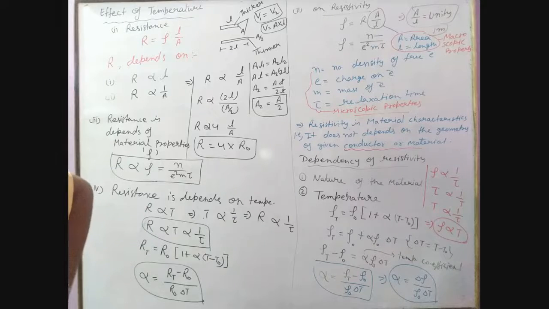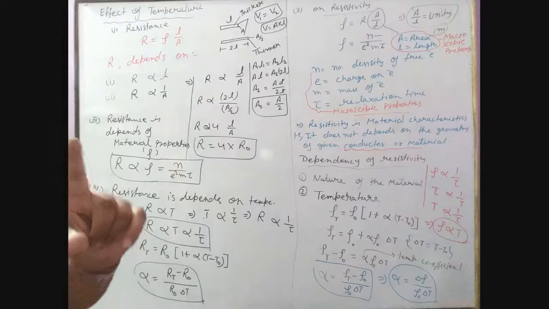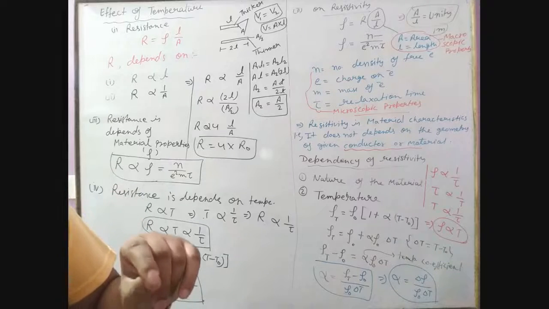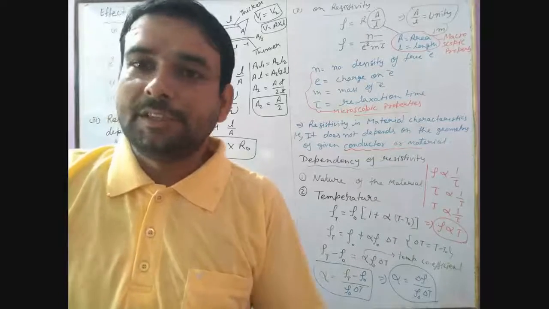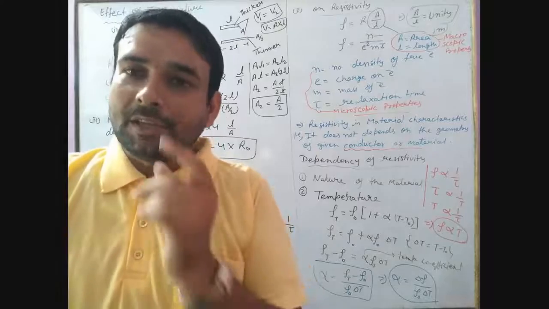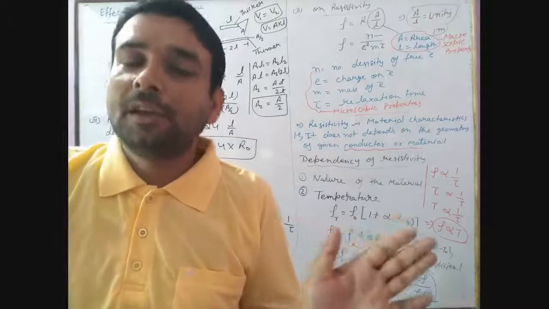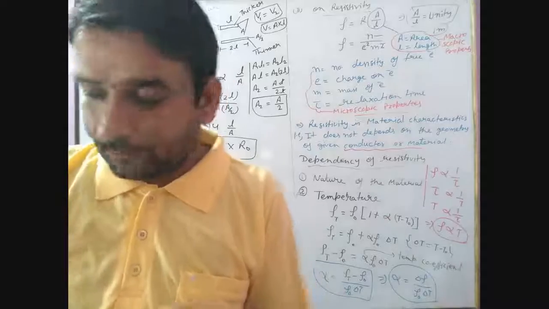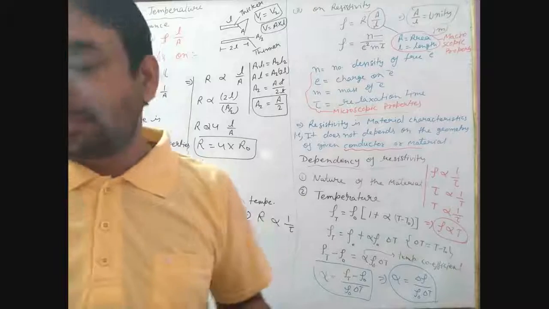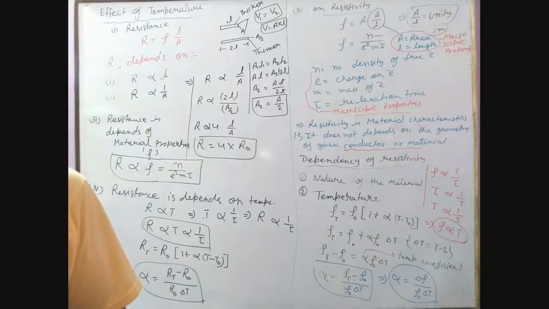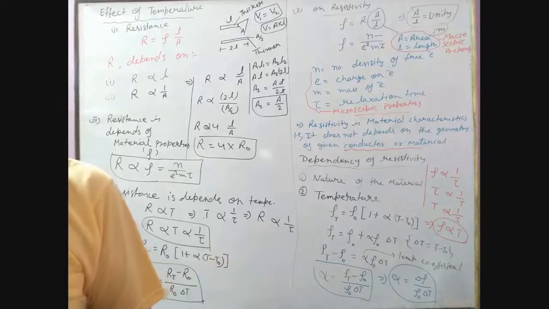Next, insulator. Resistance of insulator decreases with increase in temperature. The change is coming. The resistance of insulator is decreased with increase in temperature, which means as the temperature increases, the resistance decreases, which means they allow conductivity. Insulators allow conductance on increasing the temperature, because their insulation starts to break down.